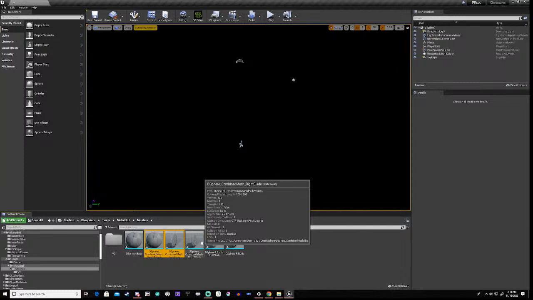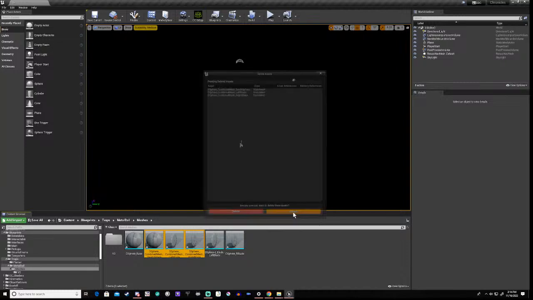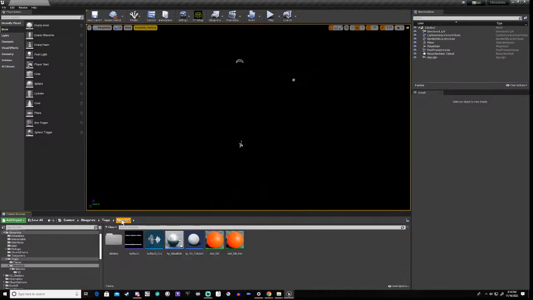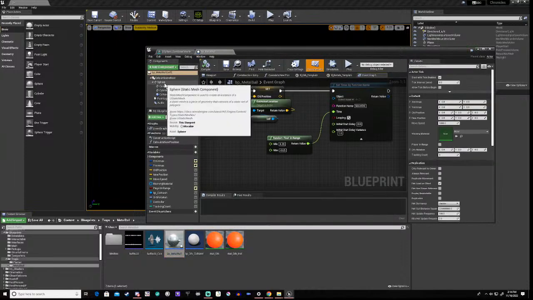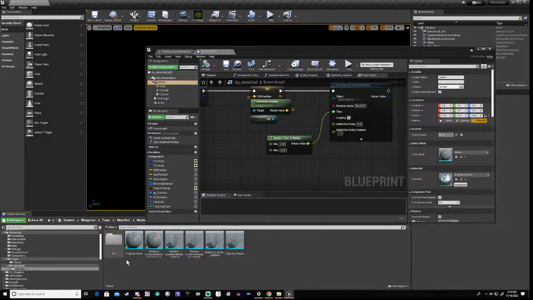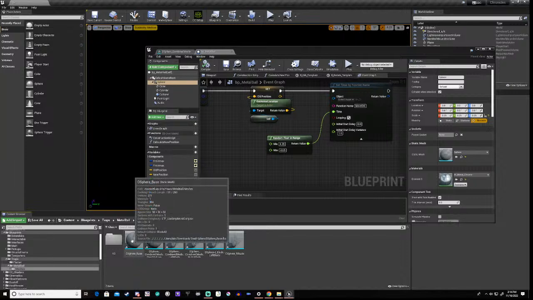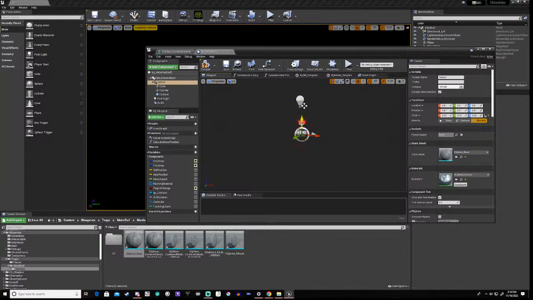So if we take these ones out, in fact we'll cancel that just now, right? What we'll do is we'll go to our metal ball, we have a sphere which is a static mesh, and we're going to use this static mesh. Okay. Now